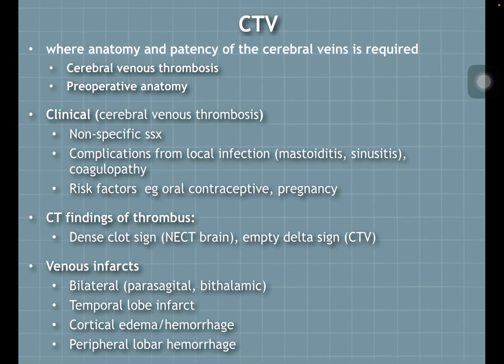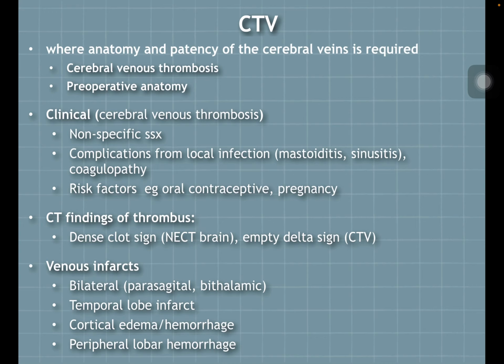So next, CT venogram. It's where we would like to visualize the anatomy and patency of the cerebral veins. For example, in case of cerebral venous thrombosis, or for pre-operative assessment involving the posterior cranial fossa or a transverse sinus vein. Cerebral venous thrombosis has a non-specific presentation, so usually we proceed with a non-enhanced CT brain